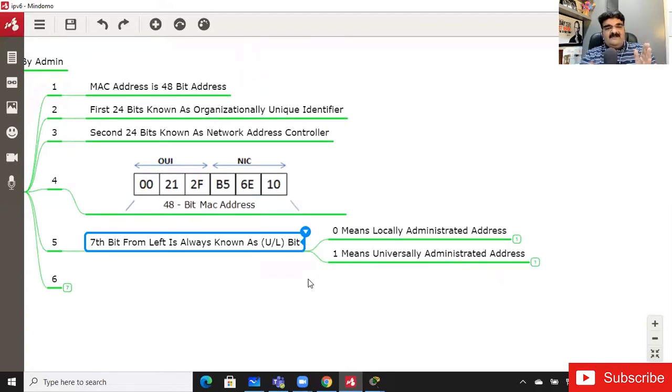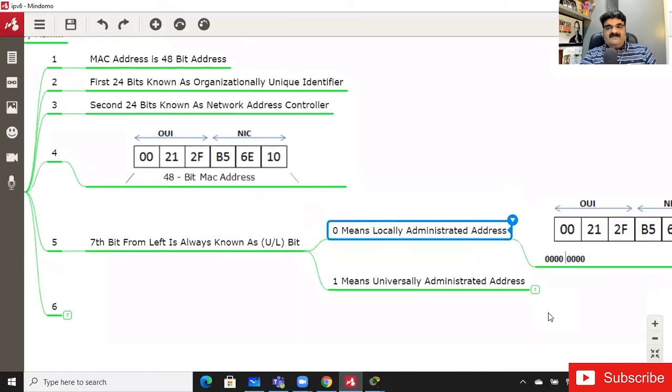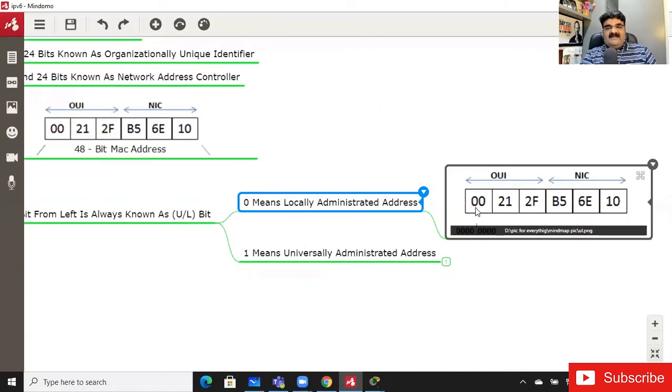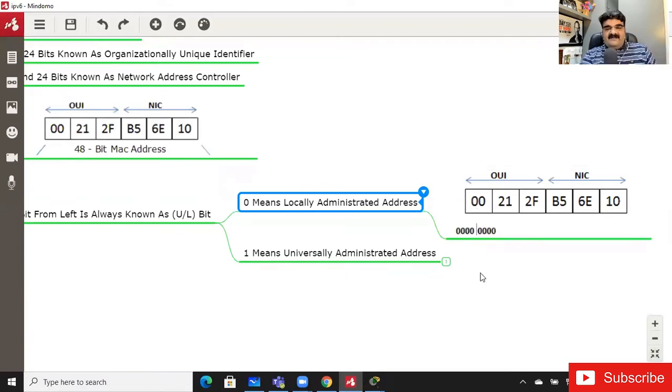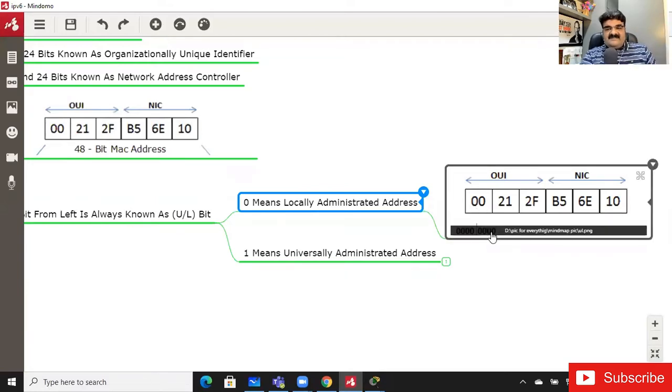If the bit is 0, it means it is a locally administered address. So if the 7th bit is 0, the address is considered a locally administered address.